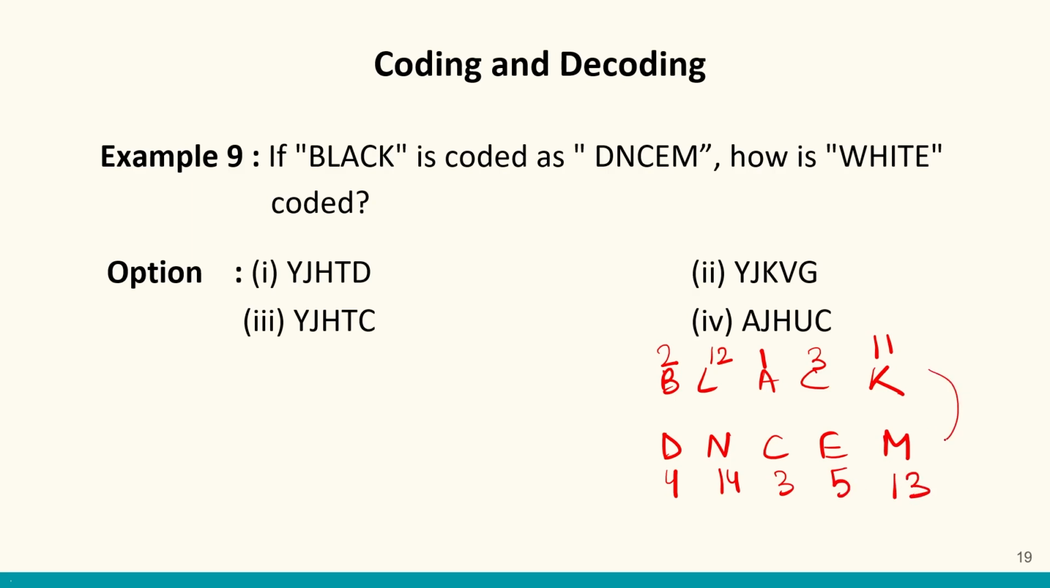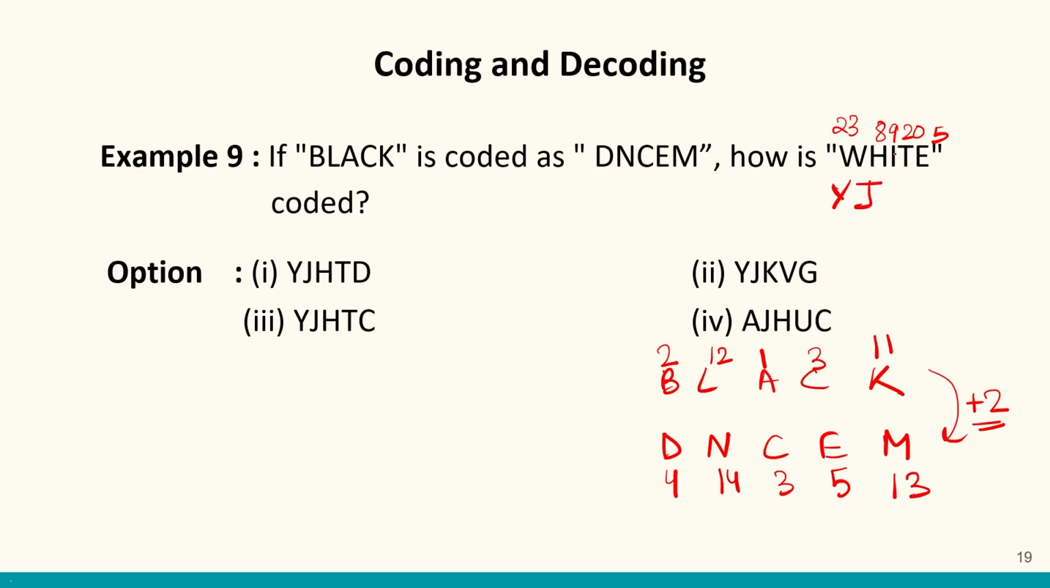So clearly I can see that 2 positions are being moved forward. If 2 positions are being moved forward, let us find for white. W is positioned at 23, H is positioned at 8, I is positioned at 9, T is positioned at 20, and E is positioned at 5. So from 23, if we have to move 2 positions forward, we have to find 25th position, which is Y. From 8 to 10, which is